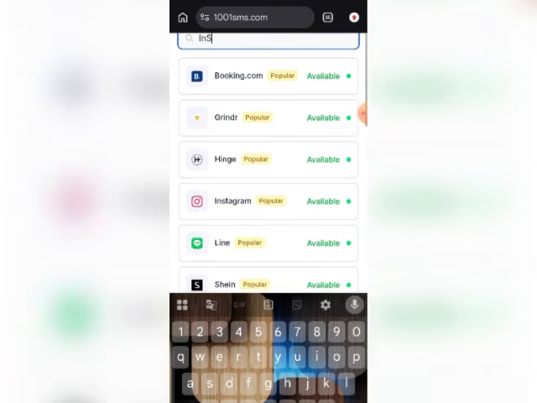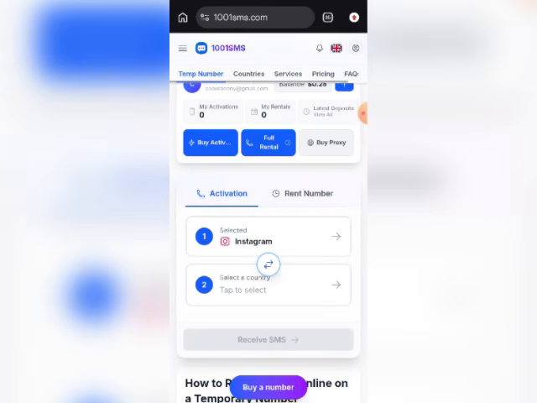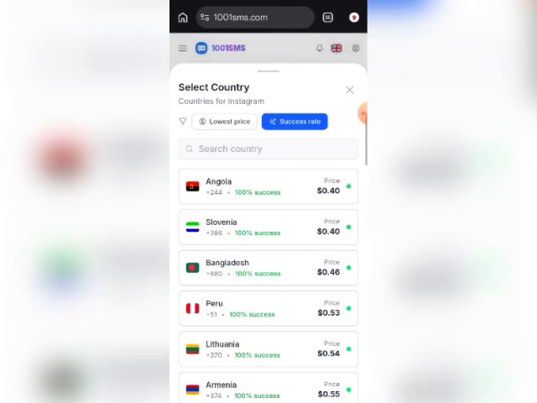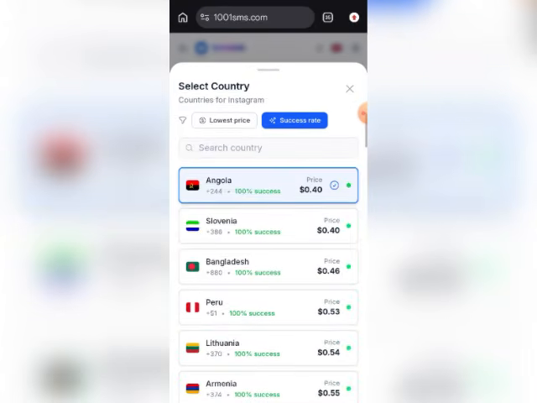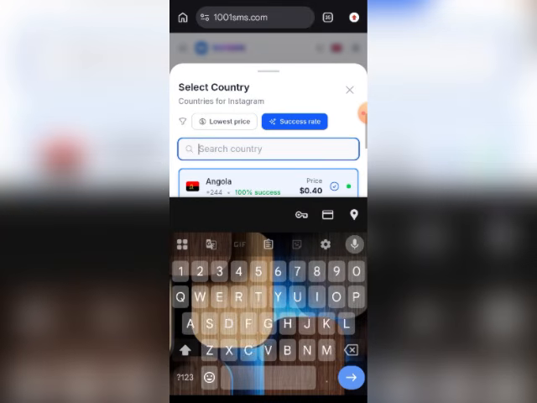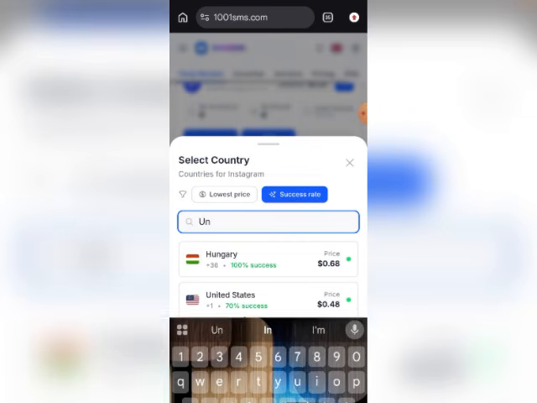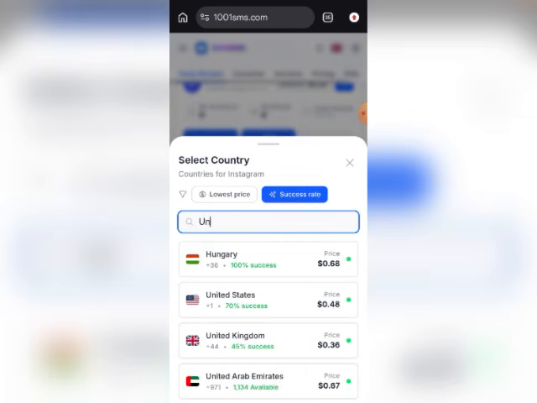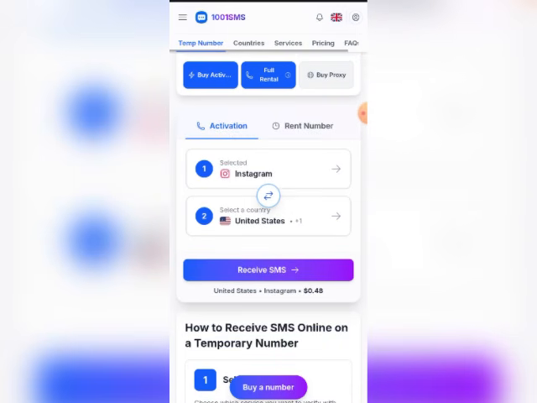It's right here. You can just click it here right now. Then select a country. You also search for United States. As you can see, the price is very low. It just means 48 cents for the number, and the code will come as soon as possible,